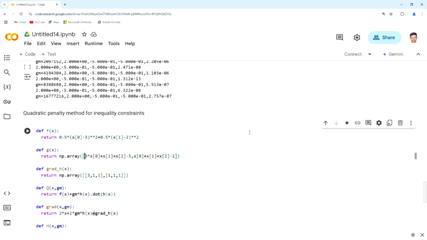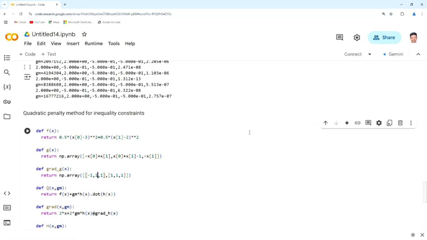That is going to be x of 1 minus x of 0 is the first constraint. The next one is x of 0 plus x of 1 minus 1, and the next one is minus x of 1. So, these are the three constraints, and grad g of x is just so you have